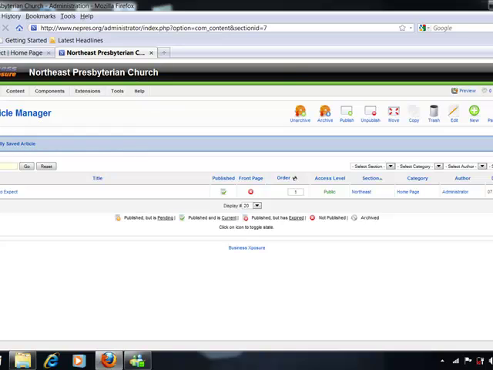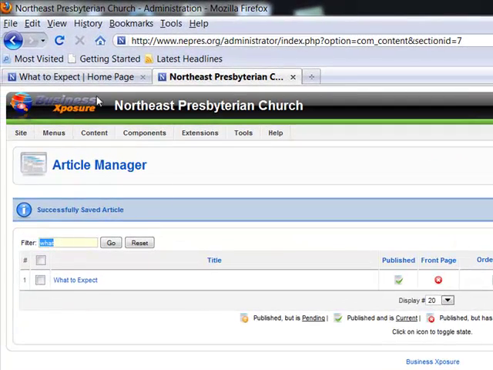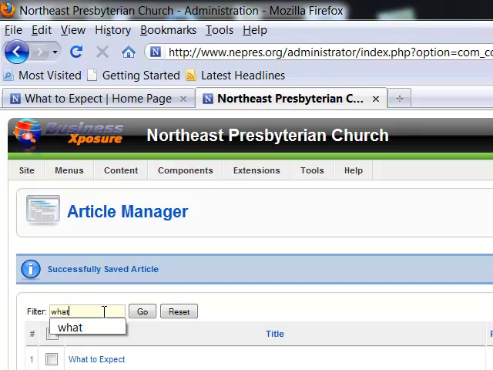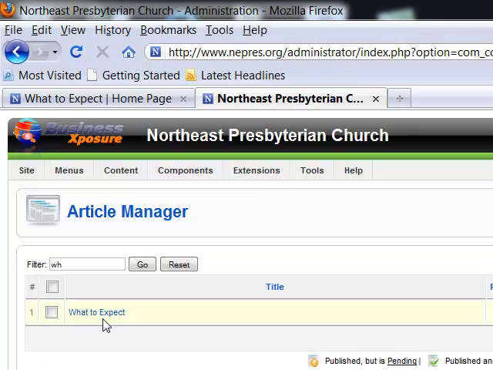So in summary, we just simply took a partial name of what the article was, which in this case is what to expect, and we type the word what. You can actually even narrow it down to WH. Hit go, what to expect. We're going to click on that,